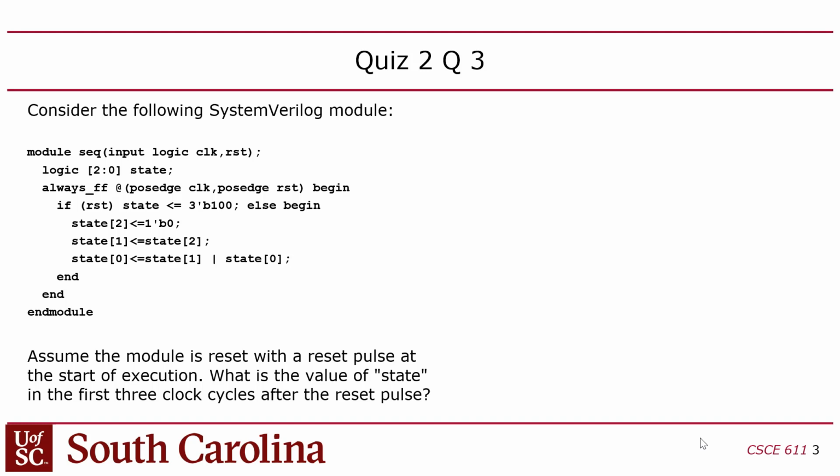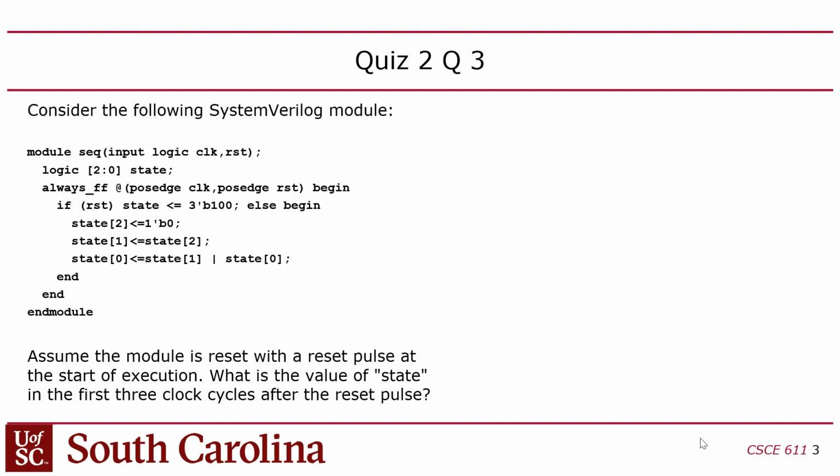So you'll start at 1, 0, 0, and then on the next clock, state 2 will become 0. State 1 will become whatever was in state 2. So basically, state 2's value will shift down into state 1. Right? So in the first cycle, state 2 is going to be a 1, right? Because you read these numbers from left to right, most significant to least significant. So state 2 starts out as 1, and after the first clock, that 1 will migrate down to bit 1.